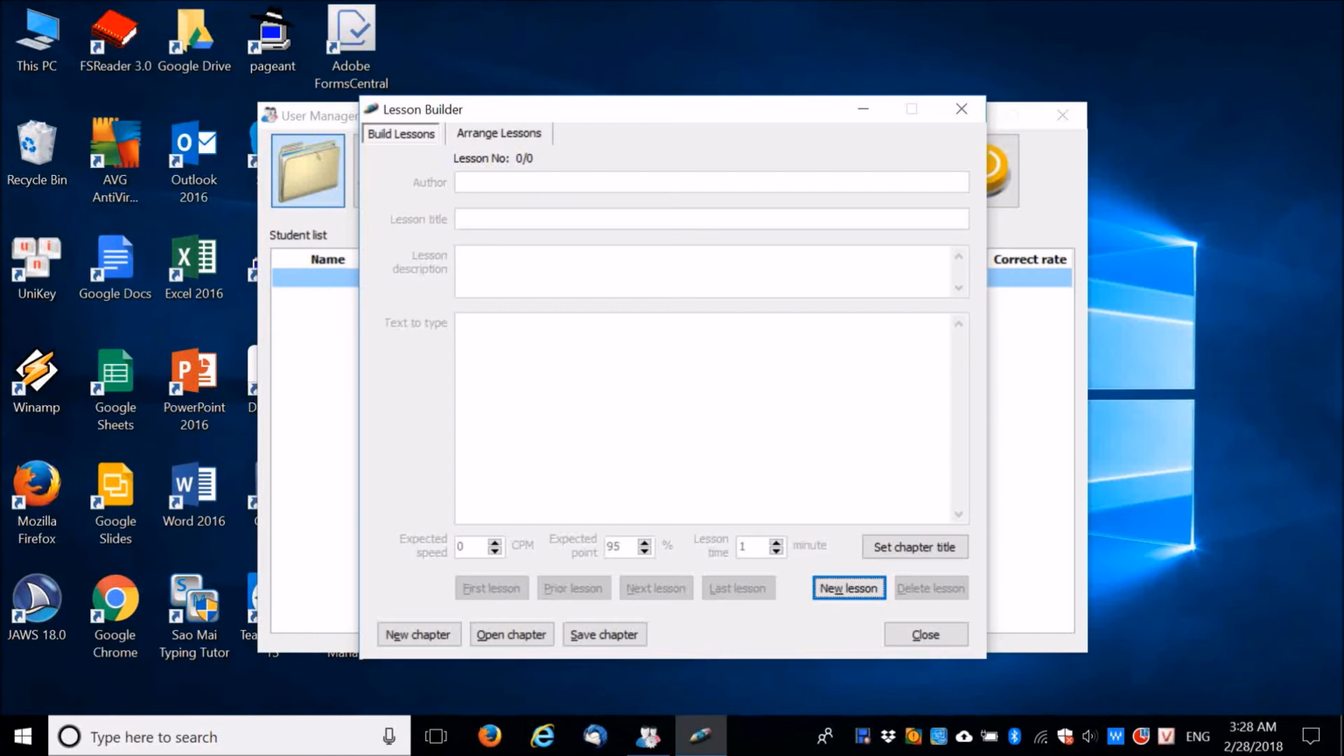For example, tutor01.xml, tutor02.xml. So in the SMTT, in the Sao Mai Typing Tutor application, it will show correctly in order, from the beginning 01 and then 02, 03, 04, extra. Okay. Set chapter title. Chapter title means the lesson package title, because one file you should provide